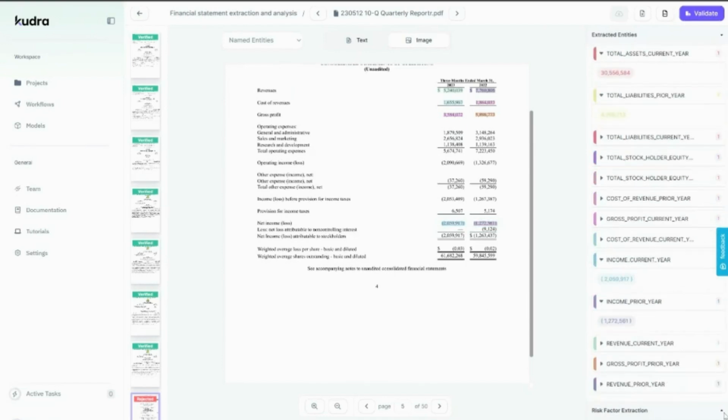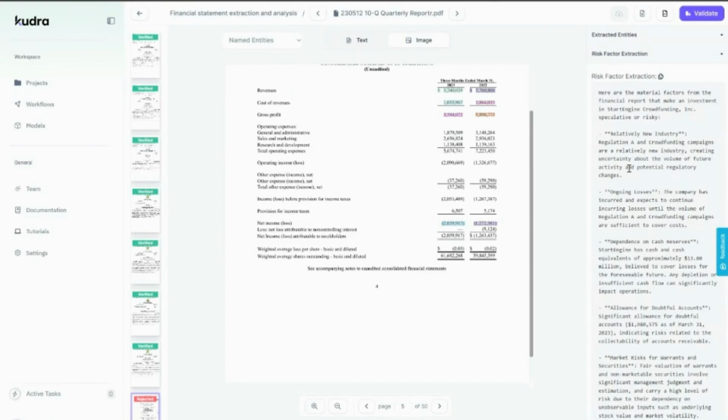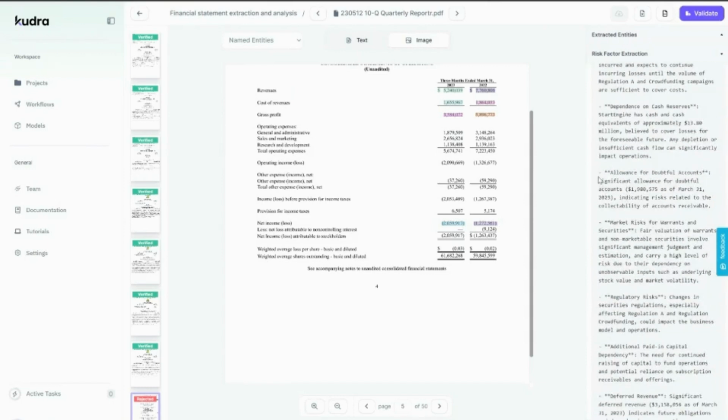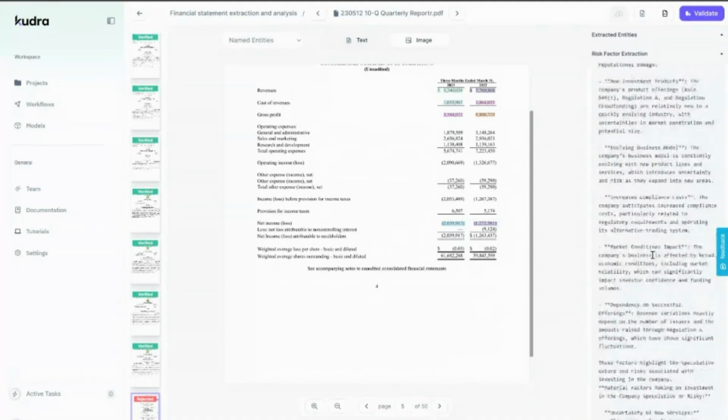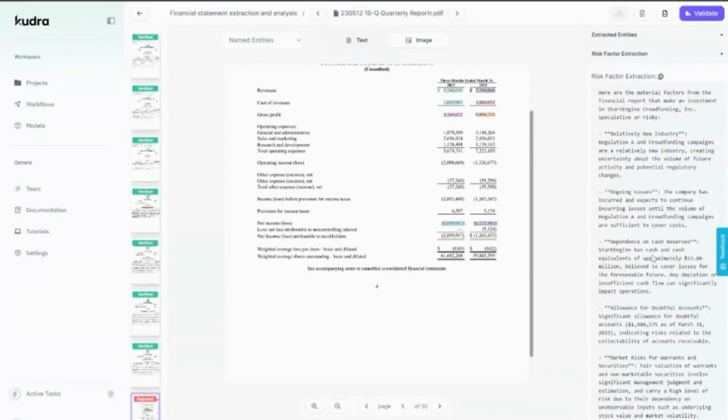You can also go at the bottom and open and check the output of the next service, which in this case is basically a GPT analyzer. And this is the output of the GPT. It gave us the analysis of the risk factors of this company. You can see it did a little bit of analysis here: allowance for doubtful accounts, significant allowance for doubtful accounts, indicating risk related to accounts receivable, market risk, and so on. So it scanned the entire text, which is 50 pages or more, and it pulled these specific risk factors from it automatically. And this will be useful for us later on when we do the analysis with Claude. So yeah, basically this is it.